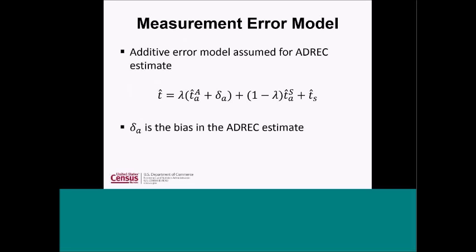This comes from a paper from Moore and Brick, where they look at two surveys. One of them is much more expensive, but they take it as a gold standard. The other is much less expensive, but has some error. They use a different technique than the one I'm going to use here to estimate this additive error, this delta, which is seen as the additive measurement error of the administrative records in this formula. So how do we estimate delta?